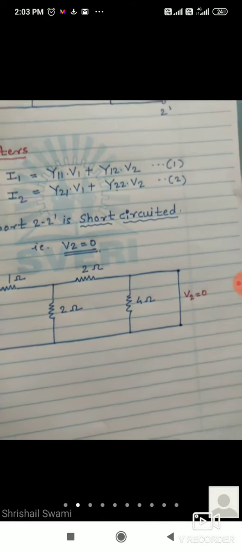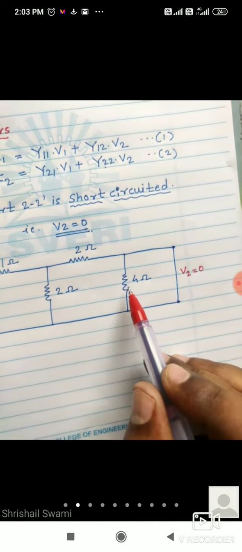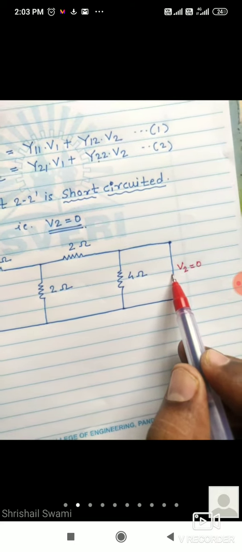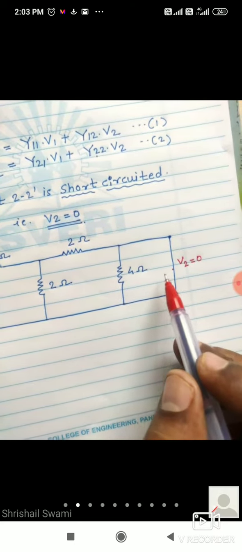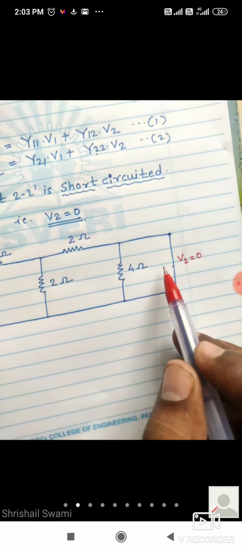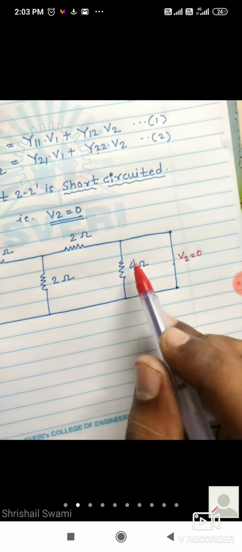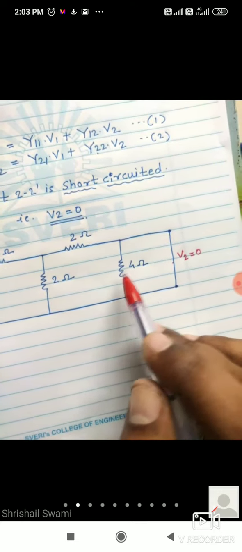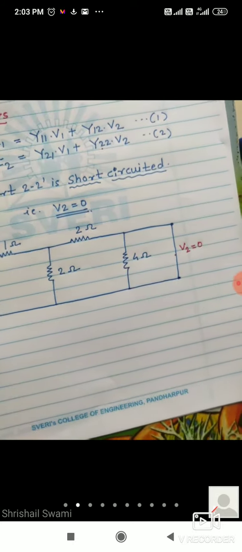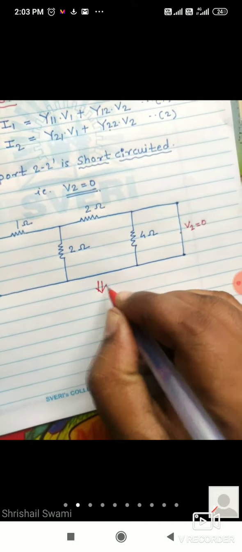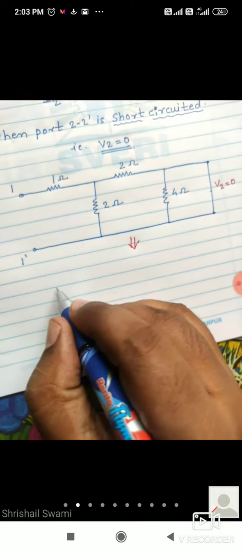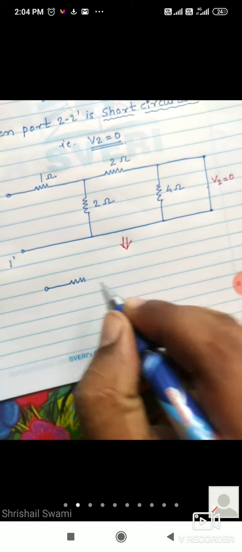Yes, because we already learned in unit number 1. Whenever any resistor is in parallel with short path, and if you take the parallel combination, it is replaced by what? Short means it will become what? Okay, the 4 ohm will go away. So the circuit becomes now, again you have to draw the circuit. It is becoming simple now.